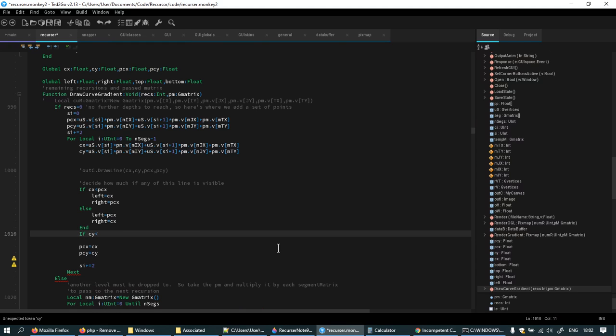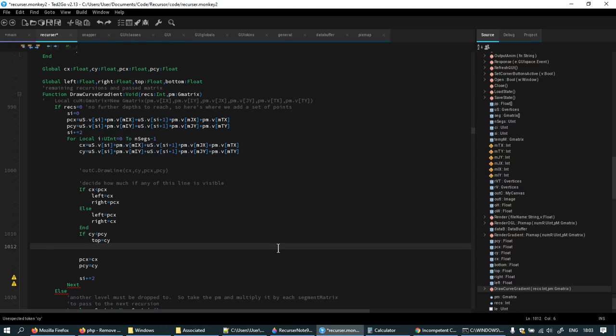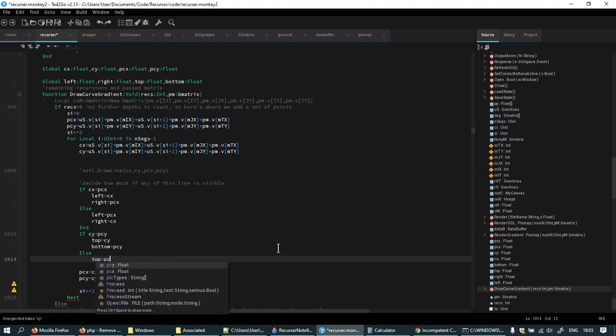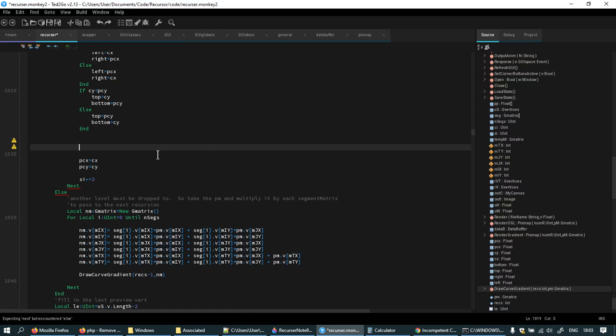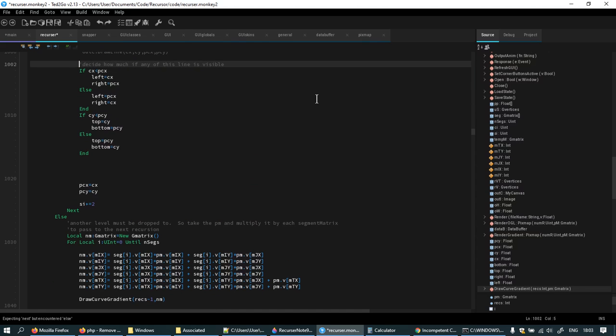If CY is less than, I have a feeling I may have to store some other things as well. Like whether or not CX or CY is the top. Top equals CY. Bottom equals PCY. Top equals PCY. Bottom equals CY. This is going to be long and drawn out. So now I can say